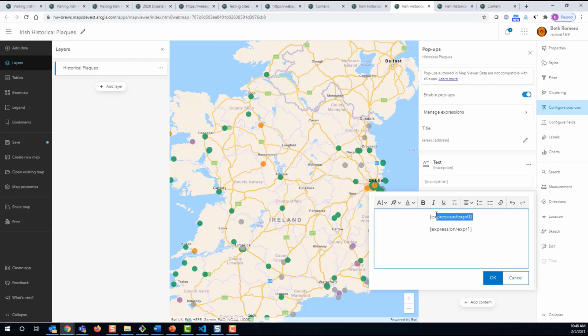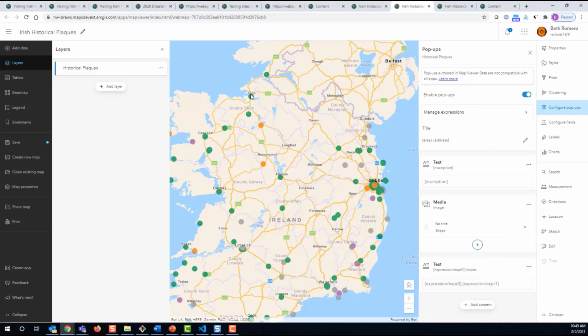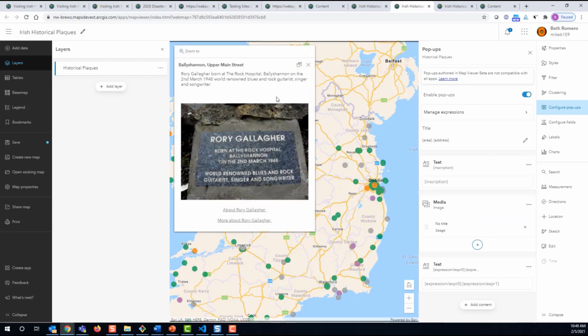And I also want these to be links. So I'm going to add a link, and I'm going to use a field value for this one. Great, and I'm going to do the same thing for the next one. And these fields contain links out to the specific plaque Wikipedia site. Okay, let's take a look at the pop-up now. Now I can see I can find out more about the specific plaque, both to the Wikipedia and the DBpedia